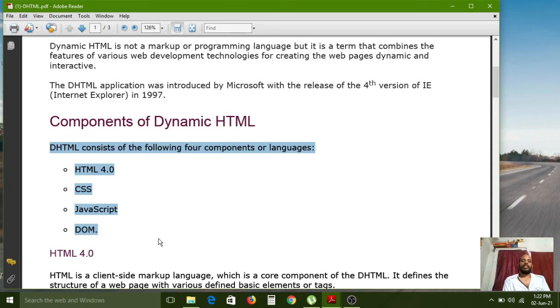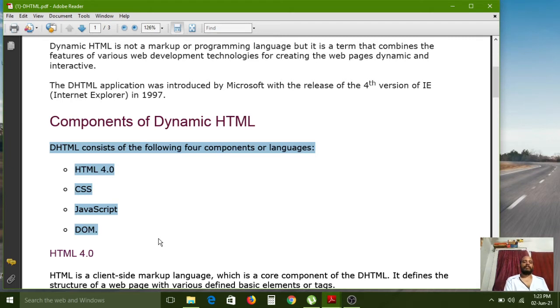Actually, DHTML will work with the HTML 4.0 version only. For smooth development, smooth execution and smooth running of your application, we can use HTML 4.0 based syntaxes.